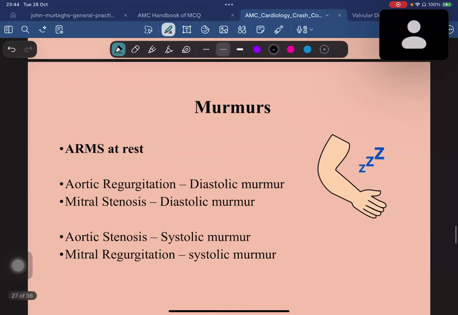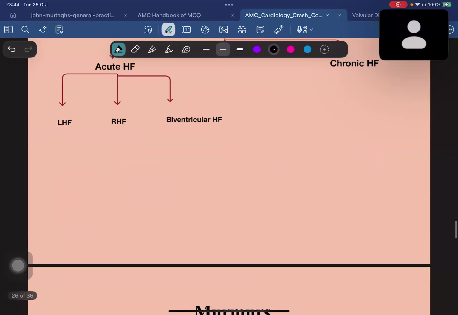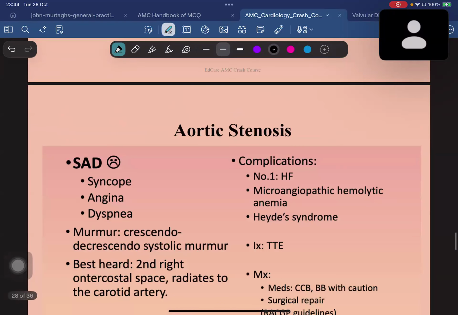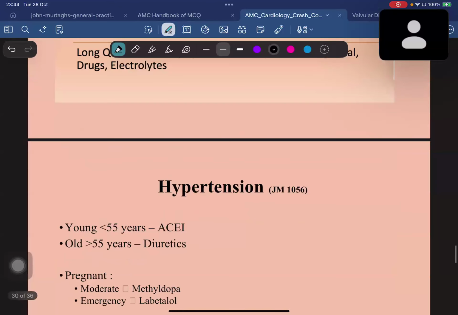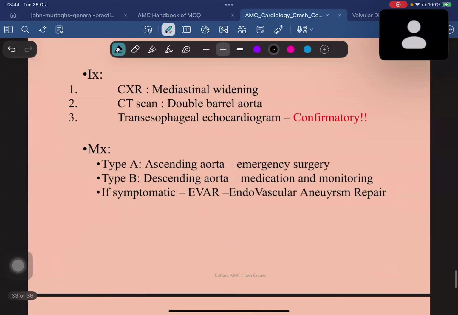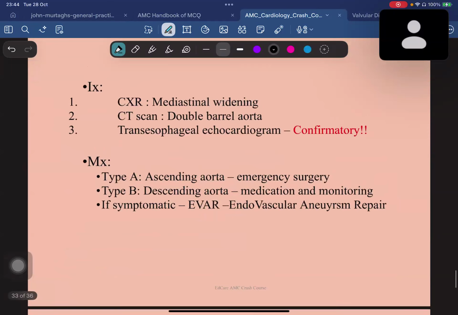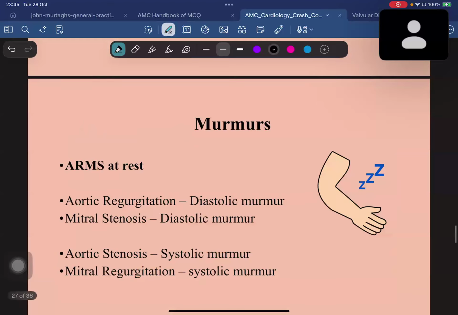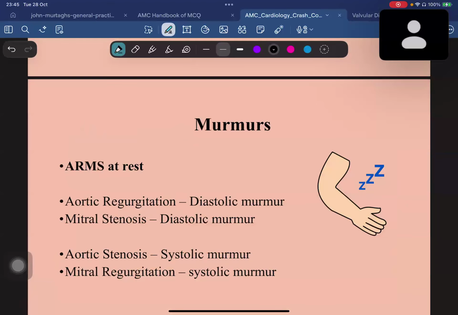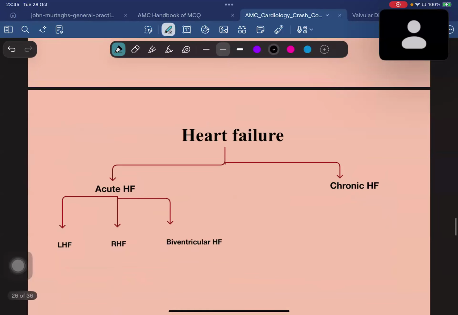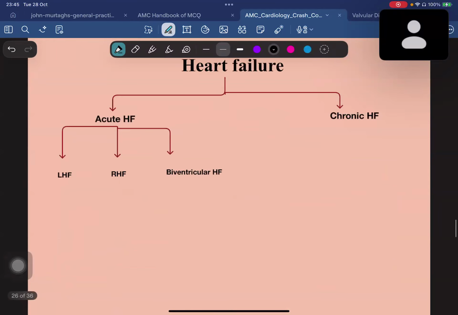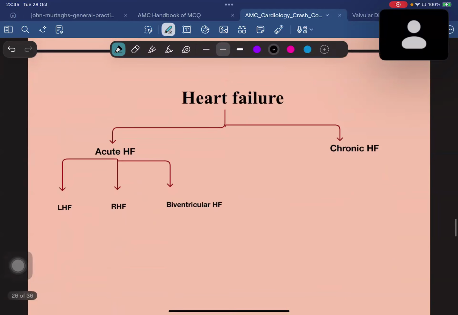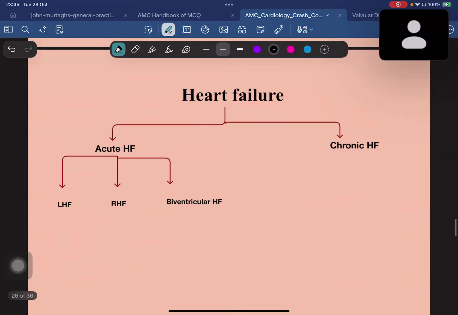Okay, we'll just quickly go through. Yeah, okay, I think I did heart failure from the